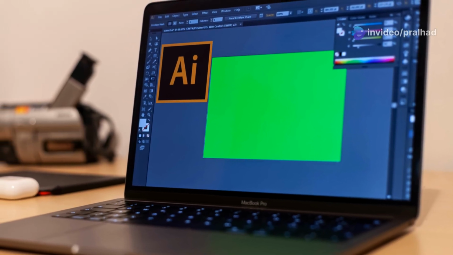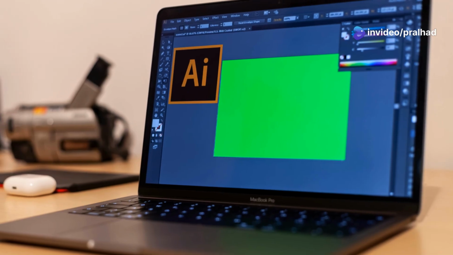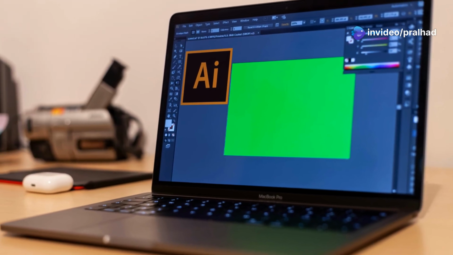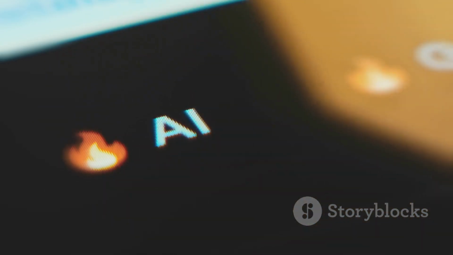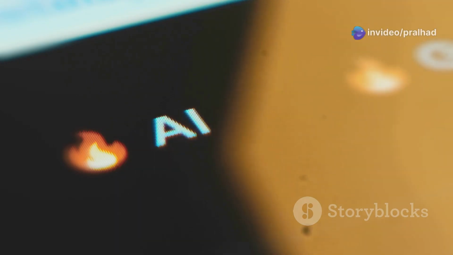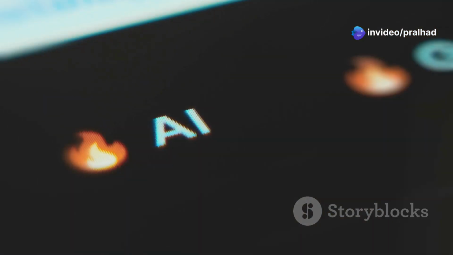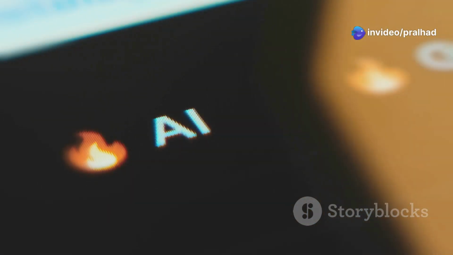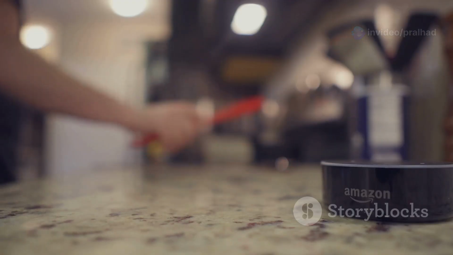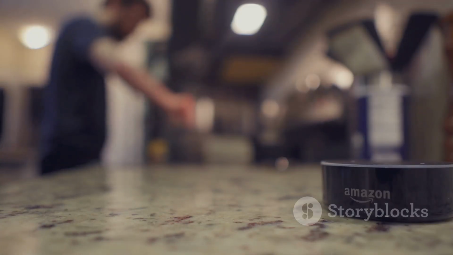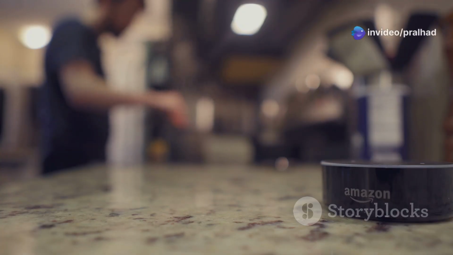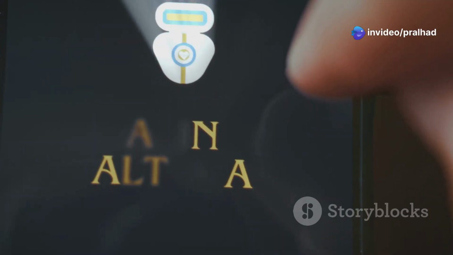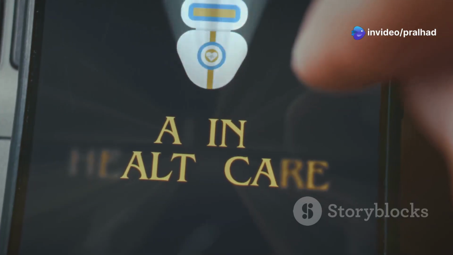This continuous learning process allows AI systems to adapt to new information and improve their performance without human intervention. AI is everywhere these days. It's not just a futuristic concept, it's a part of our daily lives. From the voice assistants in our smartphones to the smart features in our cars, AI is making technology more intuitive and responsive. It's in your smartphone, your car, and even your kitchen appliances. These AI-powered devices can learn your preferences and habits, making your life more convenient and efficient. It's helping us solve problems and make our lives easier in countless ways.